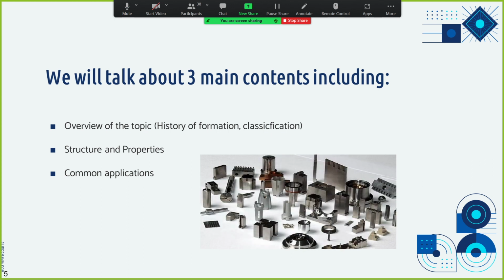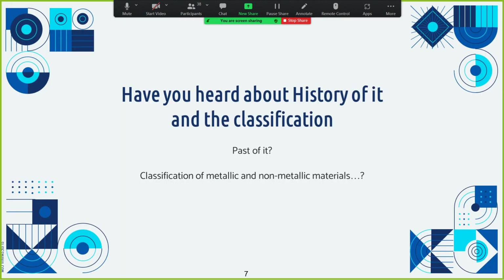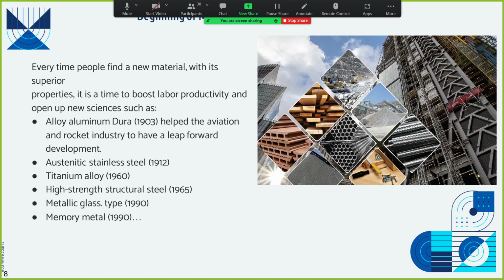Okay, I will start with some general information about the overview of the topic: the development history of the mechanical material industry and the classification process. Have you heard about history a bit and the classification a bit? Classification of metallic and non-metallic material. Every time people find a new material with a superior property, it is time to boost labor productivity and open